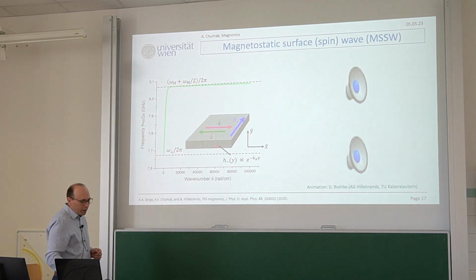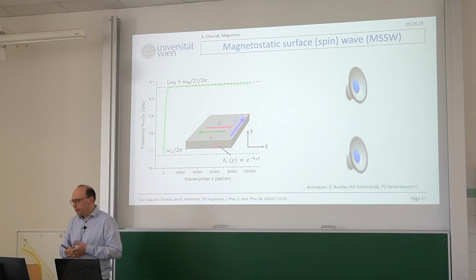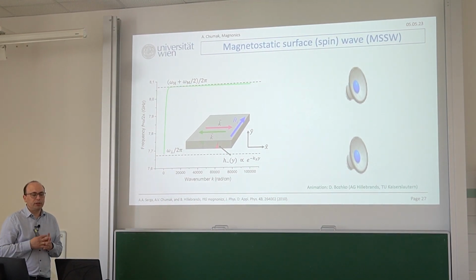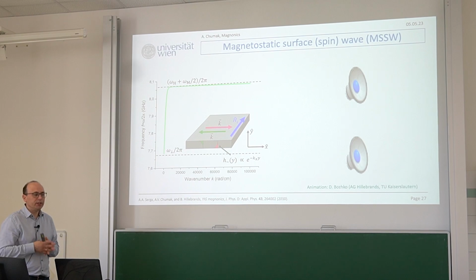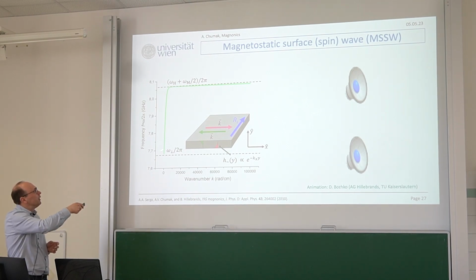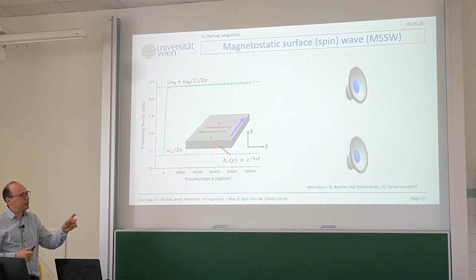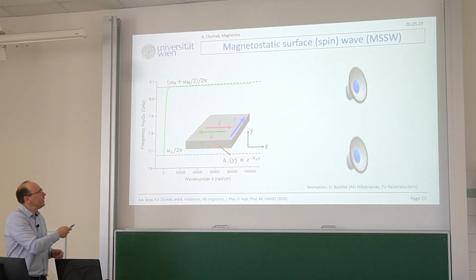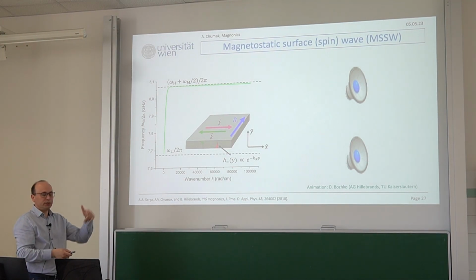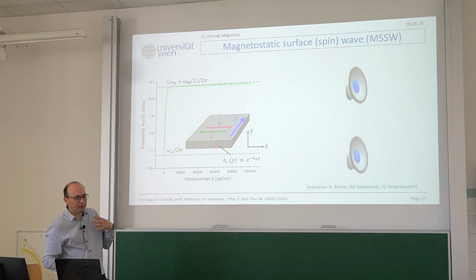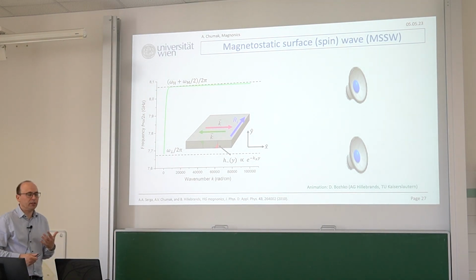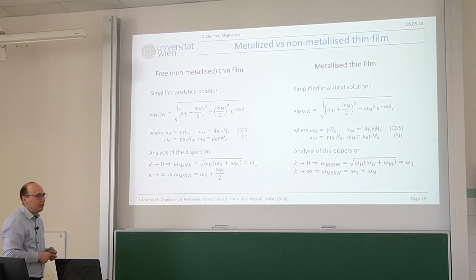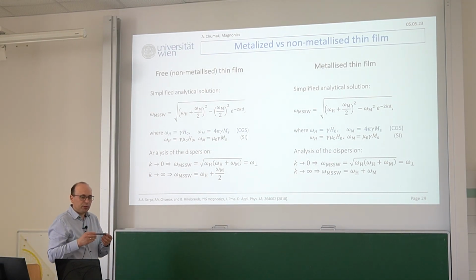And principally metallization for Damon-Eshbach works very good, because it does not change damping, it really just increases spectral width, where you can work with spin wave because of higher frequency, and moreover it makes dispersion steeper. So it means that spin wave, Damon-Eshbach, is getting faster in metallized samples. Therefore, metallization is quite good for Damon-Eshbach, but you still have to take into account how you apply antenna, where